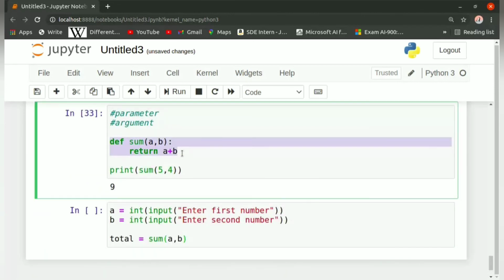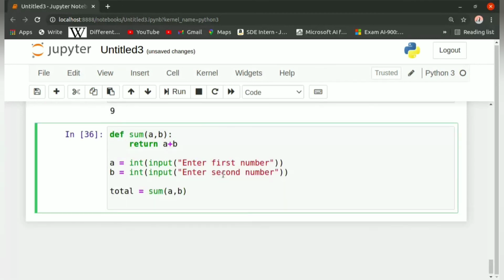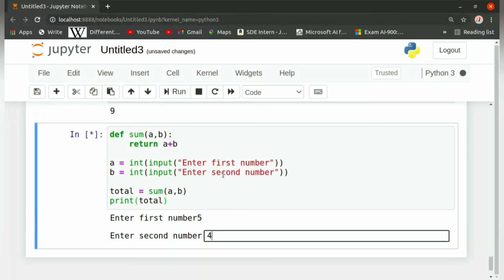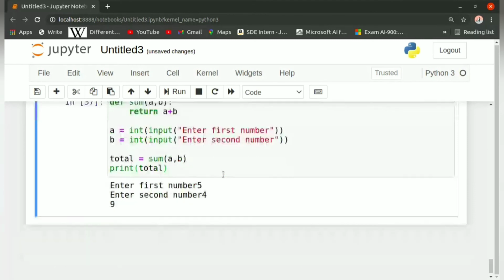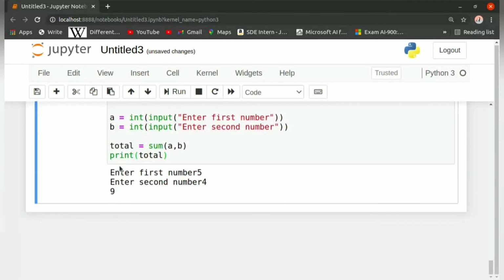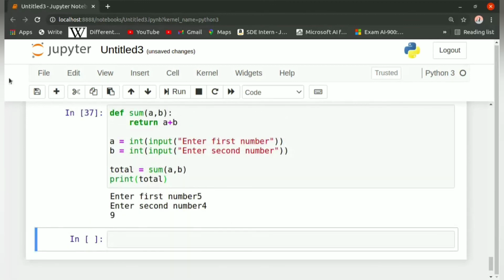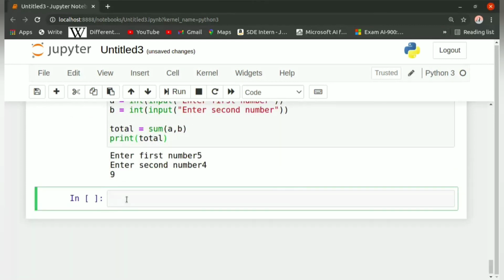Now let us print total. Here whatever input is given by the user will be added and returned. So again we take 5 and 4, 5 as first number, 4 as second number, and see the output. Again we are getting the same output, that means our code is correct and the parameters that we gave were also correct.